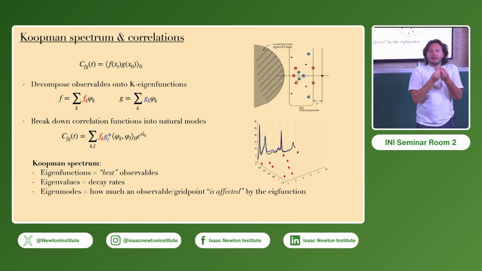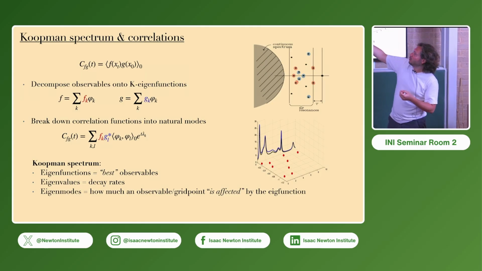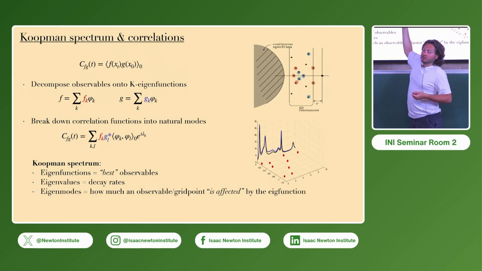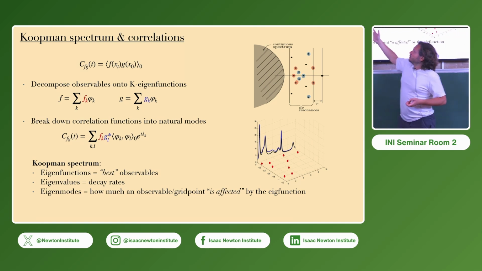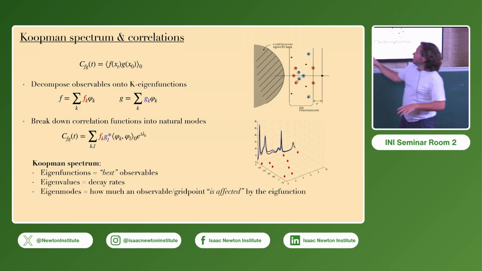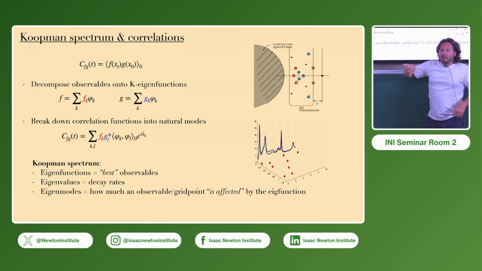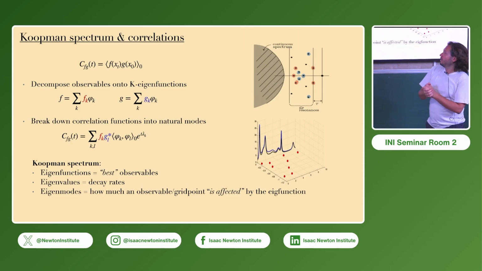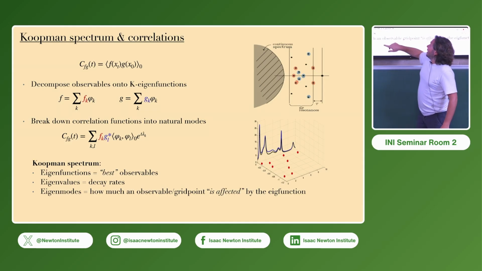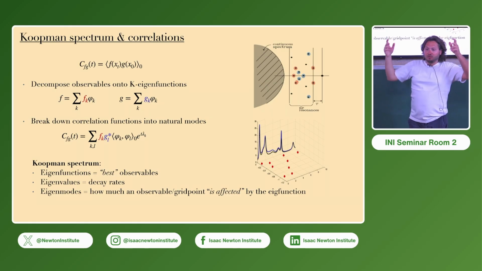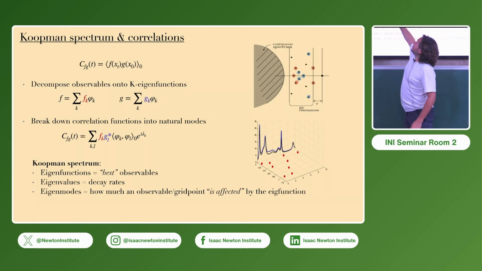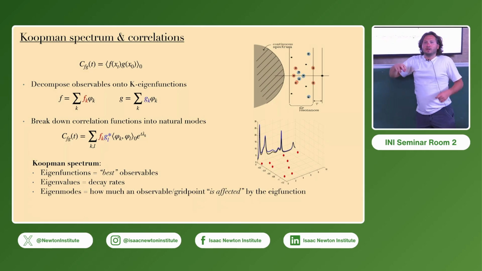If you think that you can decompose the two observables that you're interested in terms of the Koopman eigenfunctions, then it's super easy to see that you can break down the correlation function in exponentially decaying terms, with the decay rate given by basically the Koopman eigenvalues. So the eigenvalues are decay rates, eigenfunctions are somehow these best observables, as I was telling you before, and the eigenmodes, which are these coefficients here, they basically tell you how much